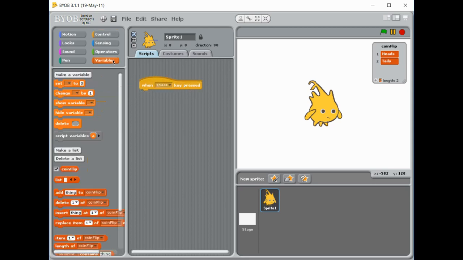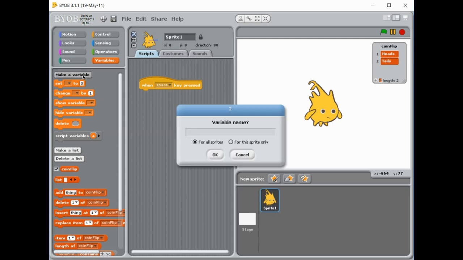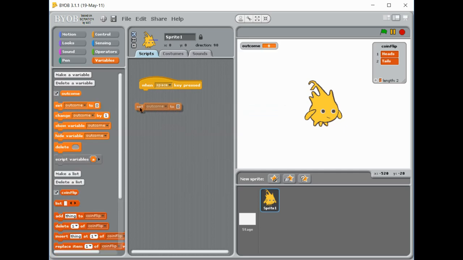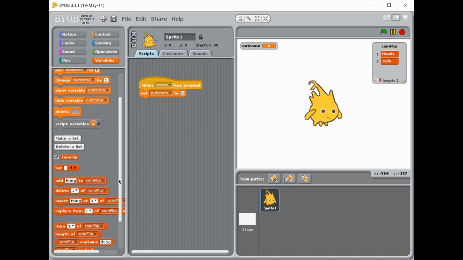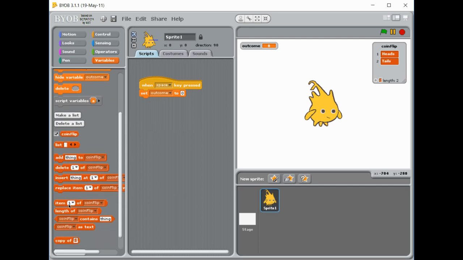Now, just to make that really simple, you can actually create another variable, and I'm going to call this one outcome. So outcome, and it's going to be the outcome of whatever the coin flip is. So I'm going to set it to either heads or tails. So I want to grab one of the items from this list. So here it says item 1 of coin flip. So if I grab this,